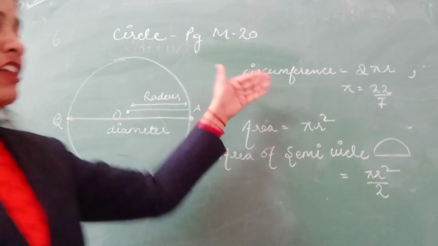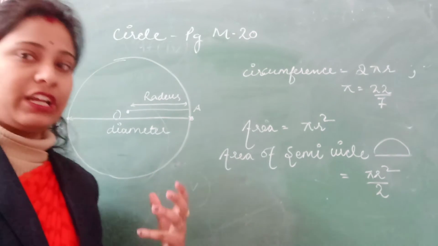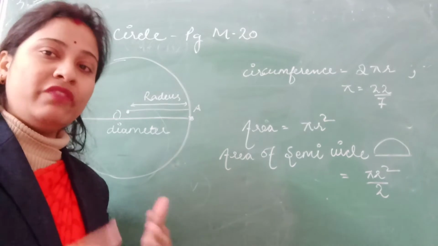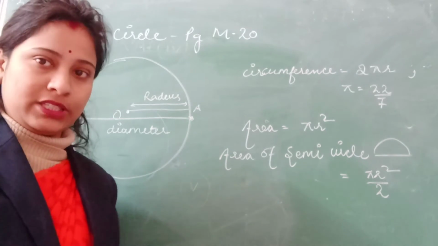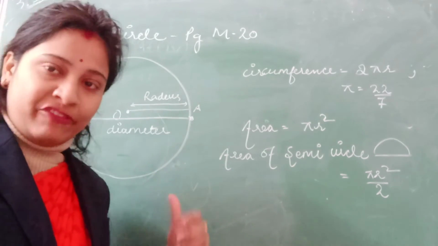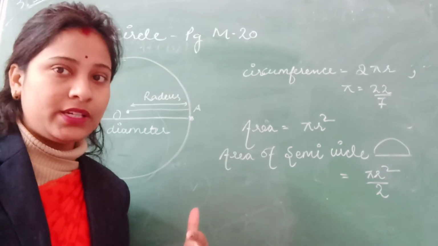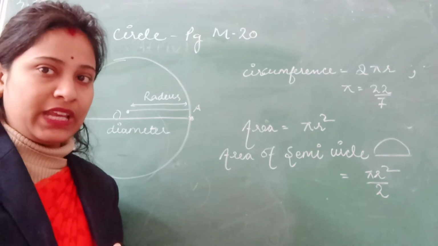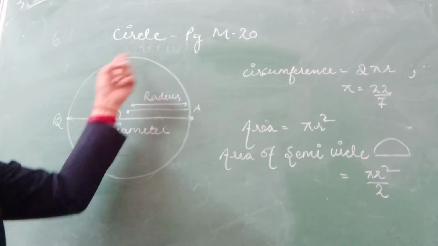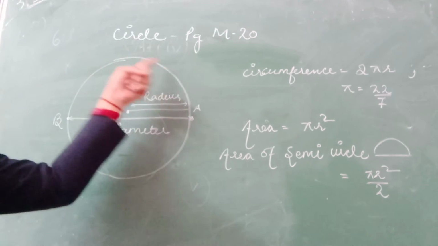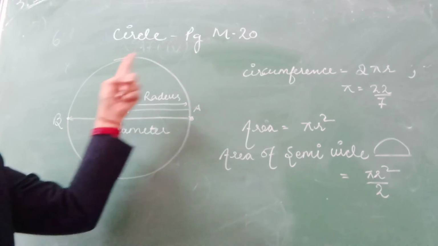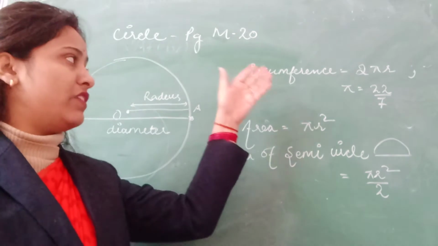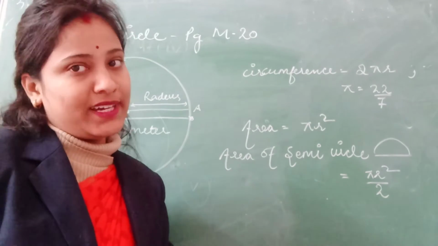Now what is the circumference of the circle? What do you mean by circumference? Circumference is nothing. It is simply the perimeter which we were calculating for all the other figures. Like for a square, we were calculating the perimeters. And what was perimeter? Perimeter was the total length of the bounding lines. So in circle, the total length of this circular bounding line is only known as perimeter of the circle, and this perimeter in terms of circle is given a new name, which is circumference.